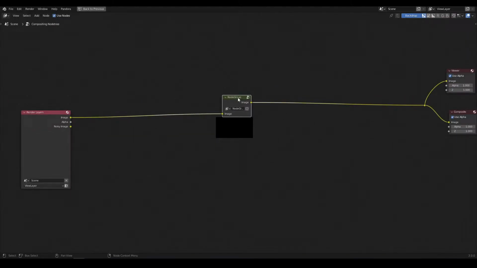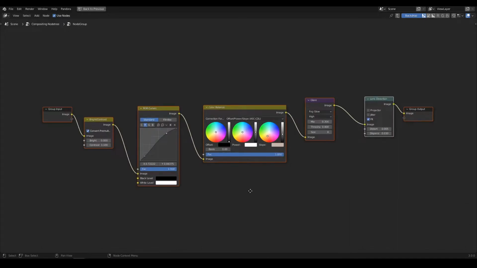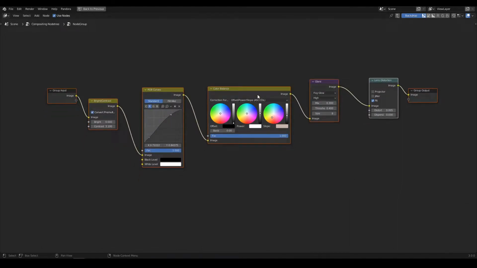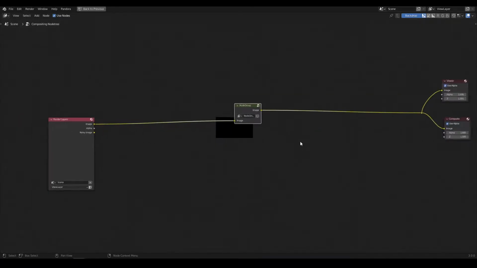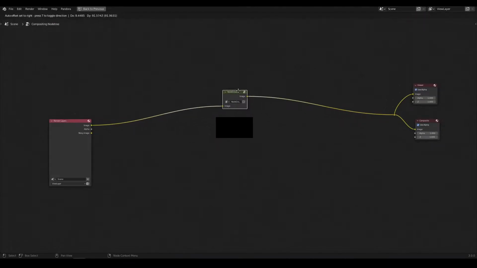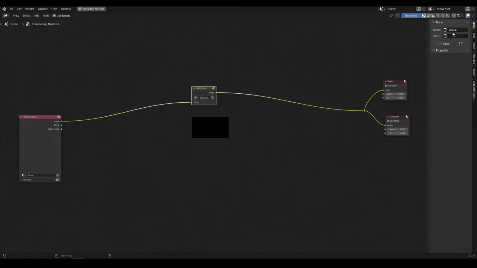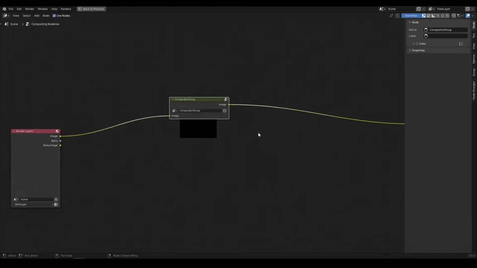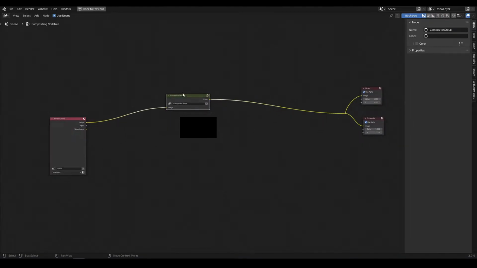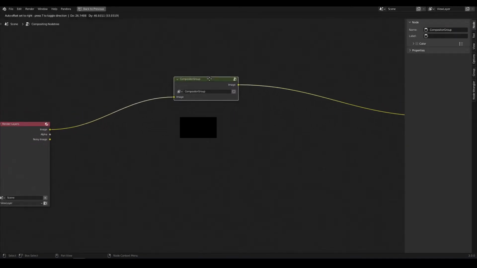Okay, you can switch from this view to this view, meaning inside, using the tab key on your keyboard. We did it as well, I think, for the materials at some point, and then you can here give them a name. I'm just gonna call them Compositor Group, and this, if you save your file, can be imported into any other